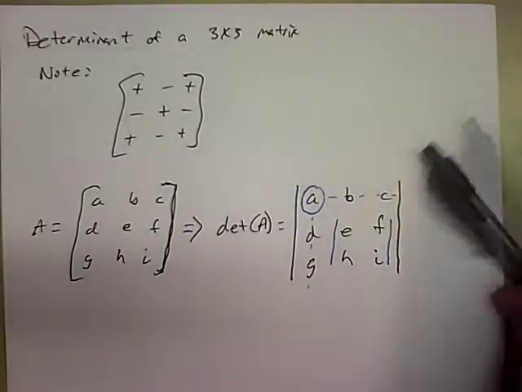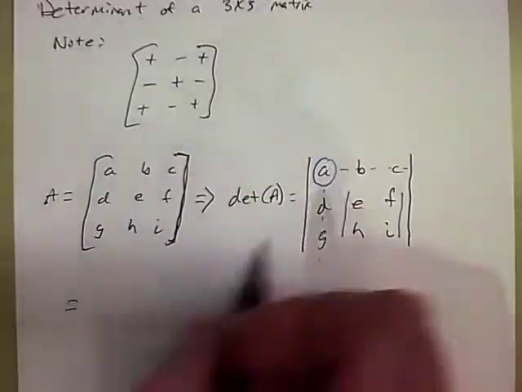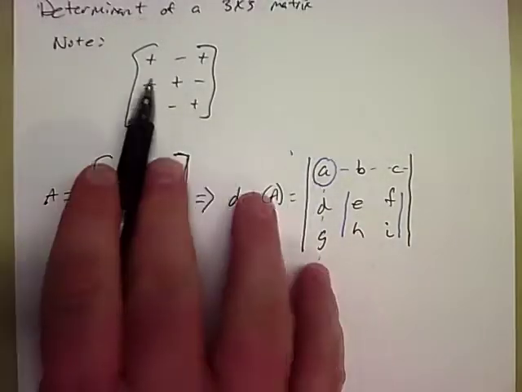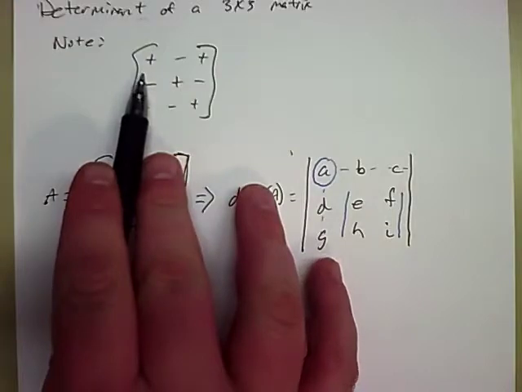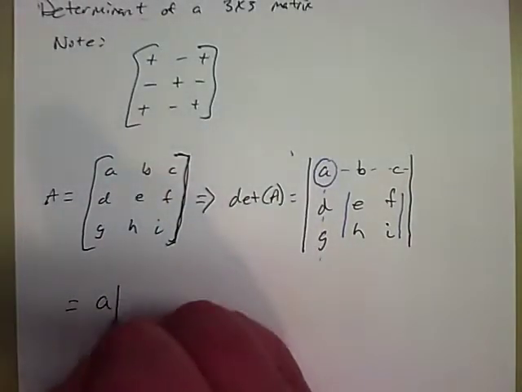So this whole thing equals A, and A is positive, so it's the same sign as A times the determinant of